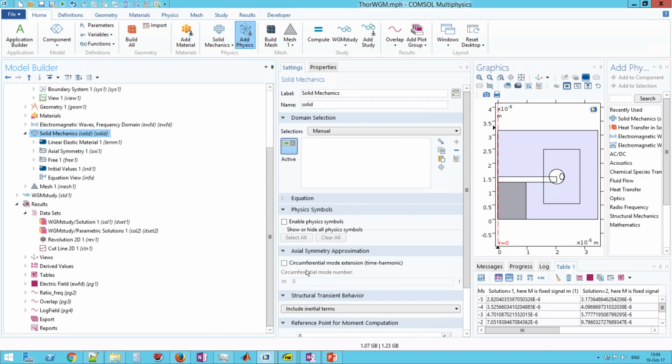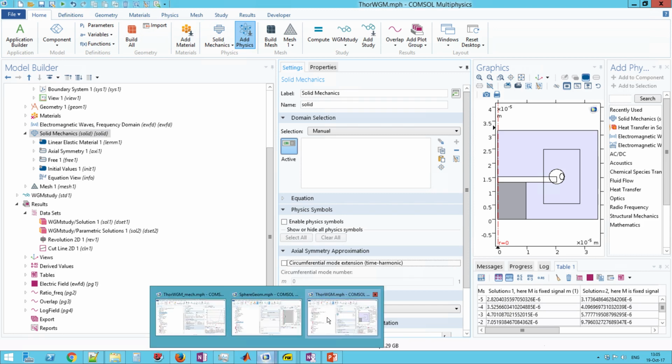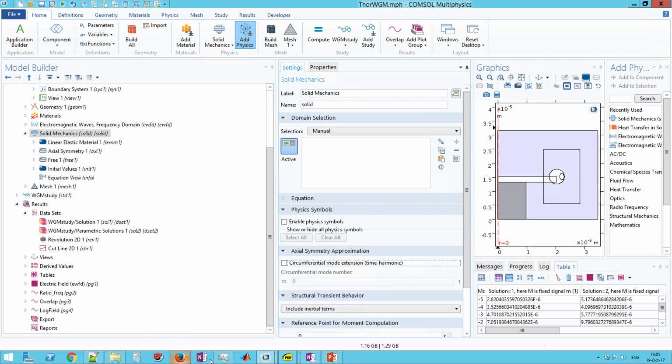Okay. So briefly, in the last version, the solid mechanics obtained this circumferential mode extension for axisymmetric problems with the azimuthal number m. But for my calculation, it is not very useful because actually it works only in frequency domain and eigenmode domain. So I will not be able to solve stationary and sweep for frequency. I'm afraid I will not have time to say why it is important, but nevertheless,